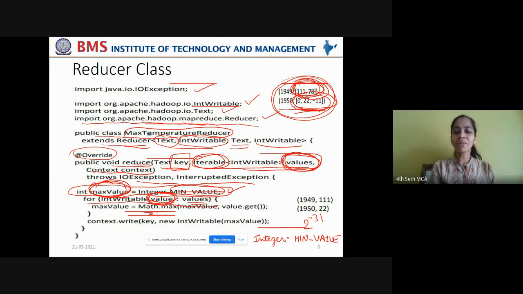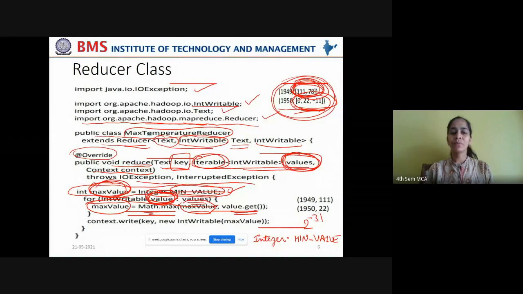So you're using Math.max to compare the maximum value detected so far with the value you get in the value variable, value.get. In value.get, each element of this list will be retrieved at a time. Now that element is compared with the maximum value so far, and from that the maximum value is fetched and assigned to the max value, the so far detected max value.